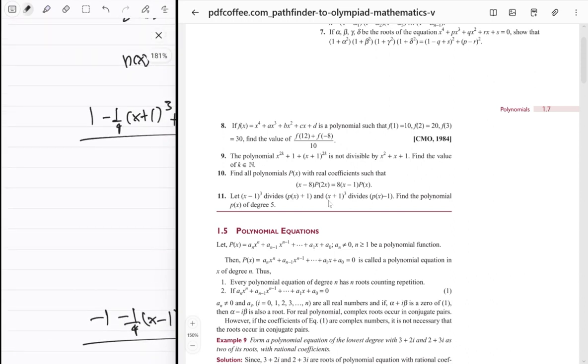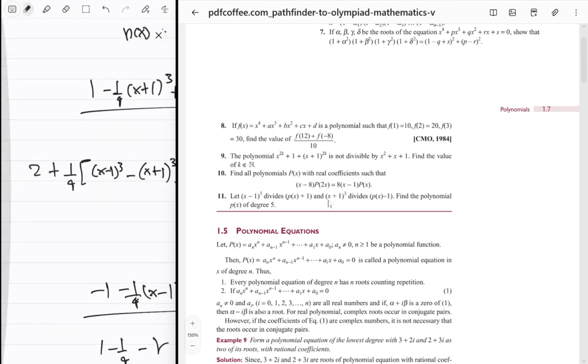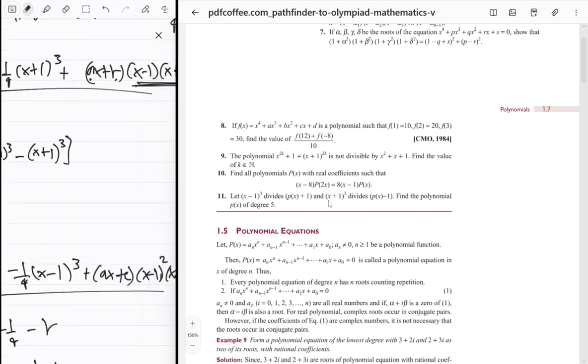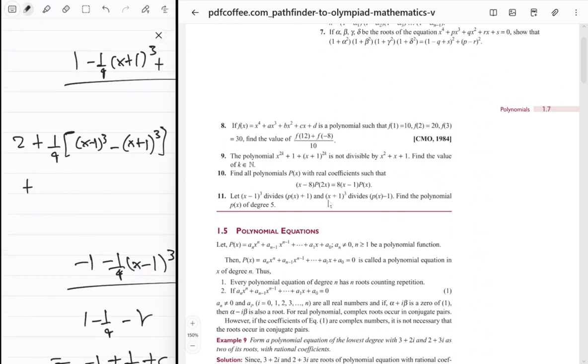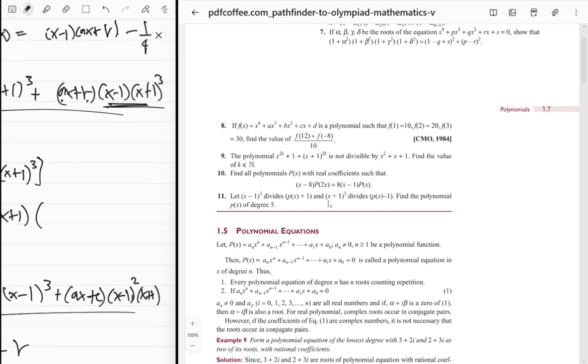We probably do this thing. 2 plus 1/4 of (x minus 1) cubed minus (x plus 1) cubed, right? And then plus all of this stuff, right? So you've got ax common, and also take x minus 1 and x plus 1 common. So it's just (x plus 1) squared minus